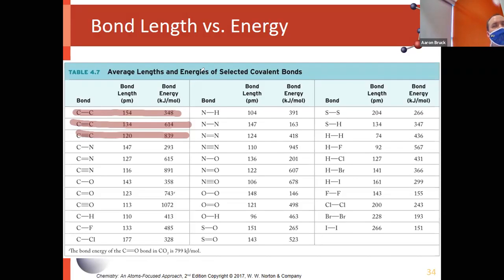We can see that as we go from single to double to triple bond, two things happen. The bond length decreases as our bond order increases, and our bond energy goes up as we go from one to the next to the next. Okay, no real surprises there. Let's do another comparison. Let's compare